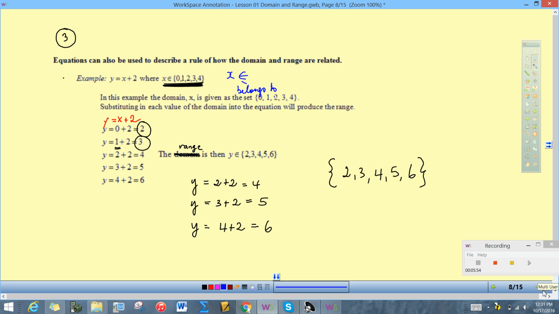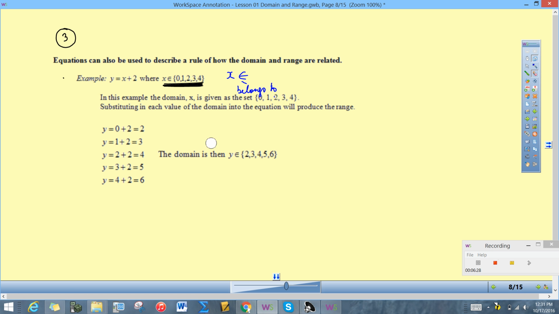The next thing that we can do is take a look at expressing relations by using a rule of how the domain and the range are related to each other. And the rule that we're going to use is going to be an algebraic one. So it means that we're going to use algebra or some sort of equation to describe what's going on between our x's and our y's. Okay, so what that means is basically this, that if I am given,